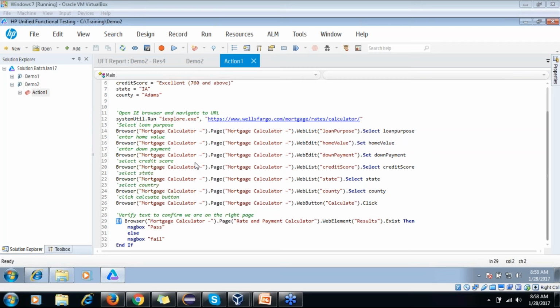Why do we get Action1 under demo 2? Is it because of the flow chart you saw in which we have action? So this is a very interesting topic. We'll see about these actions. Actions means, by default Action1 will be added whenever you create your test. And we can divide our application functionality flow into actions.